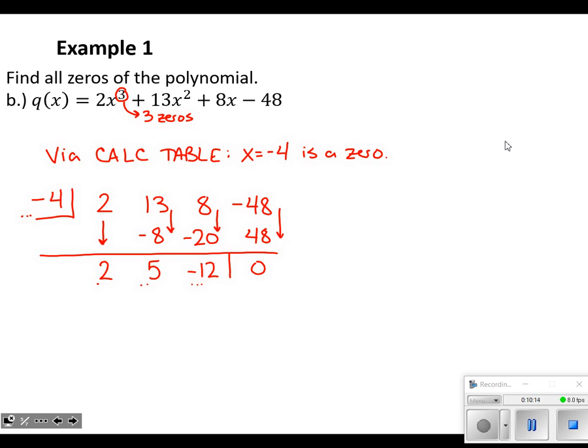All right. So, again, we already know that we have x equaling negative 4, but then when we get to this point, the polynomial we're left with is 2x squared plus 5x minus 12. That's what those 2, 5, and negative 12 represent, that polynomial. And that's where our remaining zeros are going to come from. And we have a couple different options here. It's a quadratic, which is good because we can either try to factor that quadratic with magic numbers, or we can try to maybe use quadratic formula.